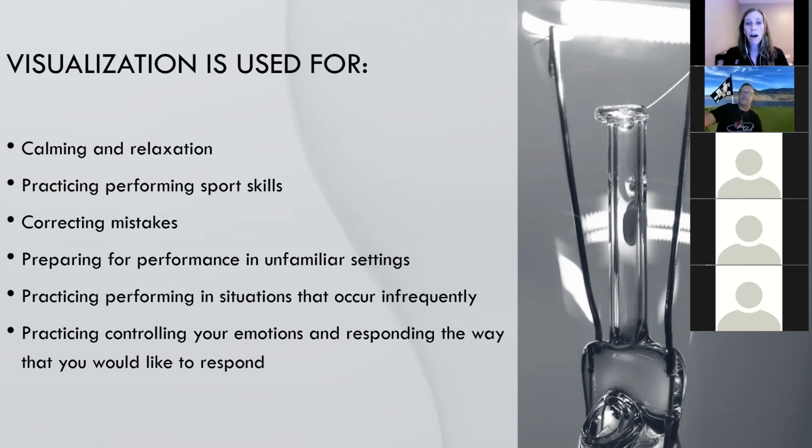And so thinking about how your body feels when you're in that state, maybe how your swing feels when you're feeling that way. You might imagine yourself in a comfortable or familiar setting, whether it's on the golf course or somewhere else. So those can be some different things that you could be doing to imagine yourself calming down a little bit, reducing your energy, getting into a good state for yourself.